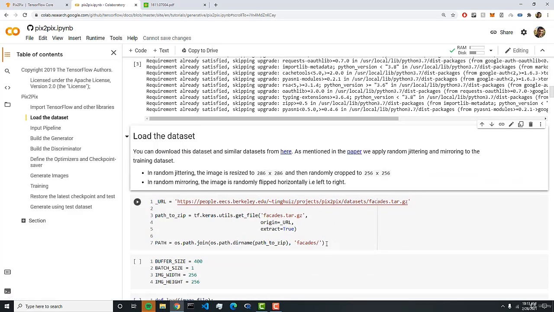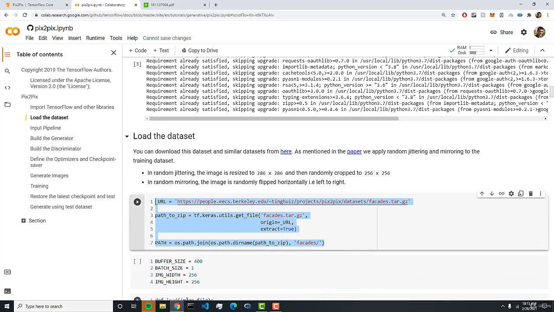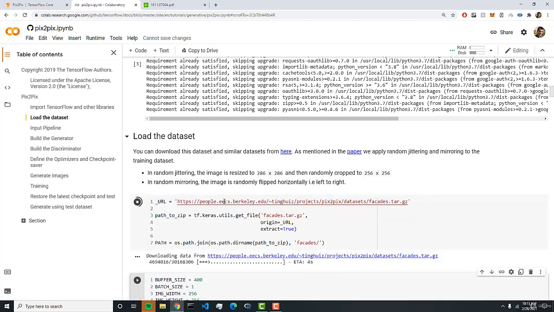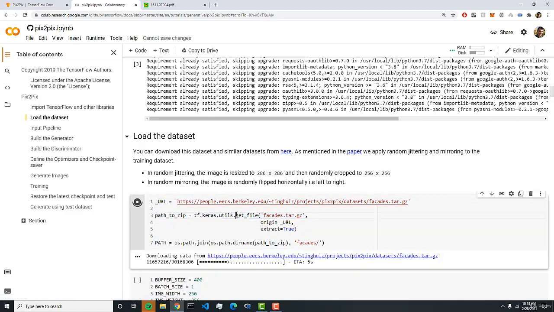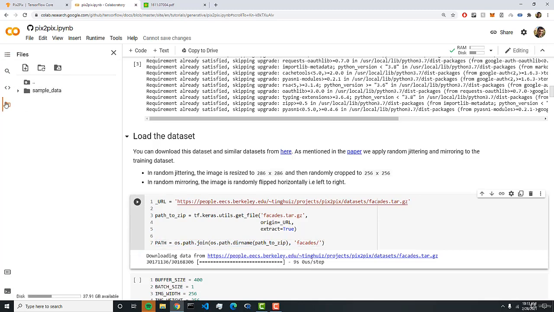Now, it's important to note that for this dataset, we are importing it from a URL. Now, in our case, we will be downloading the dataset and importing it into Google Colab. So we will be using a different strategy. But here they grab a URL, and from this URL, we get the file using this tf.keras.utils function. And then we add it to our path so that once this is done, we can go to our directory here,